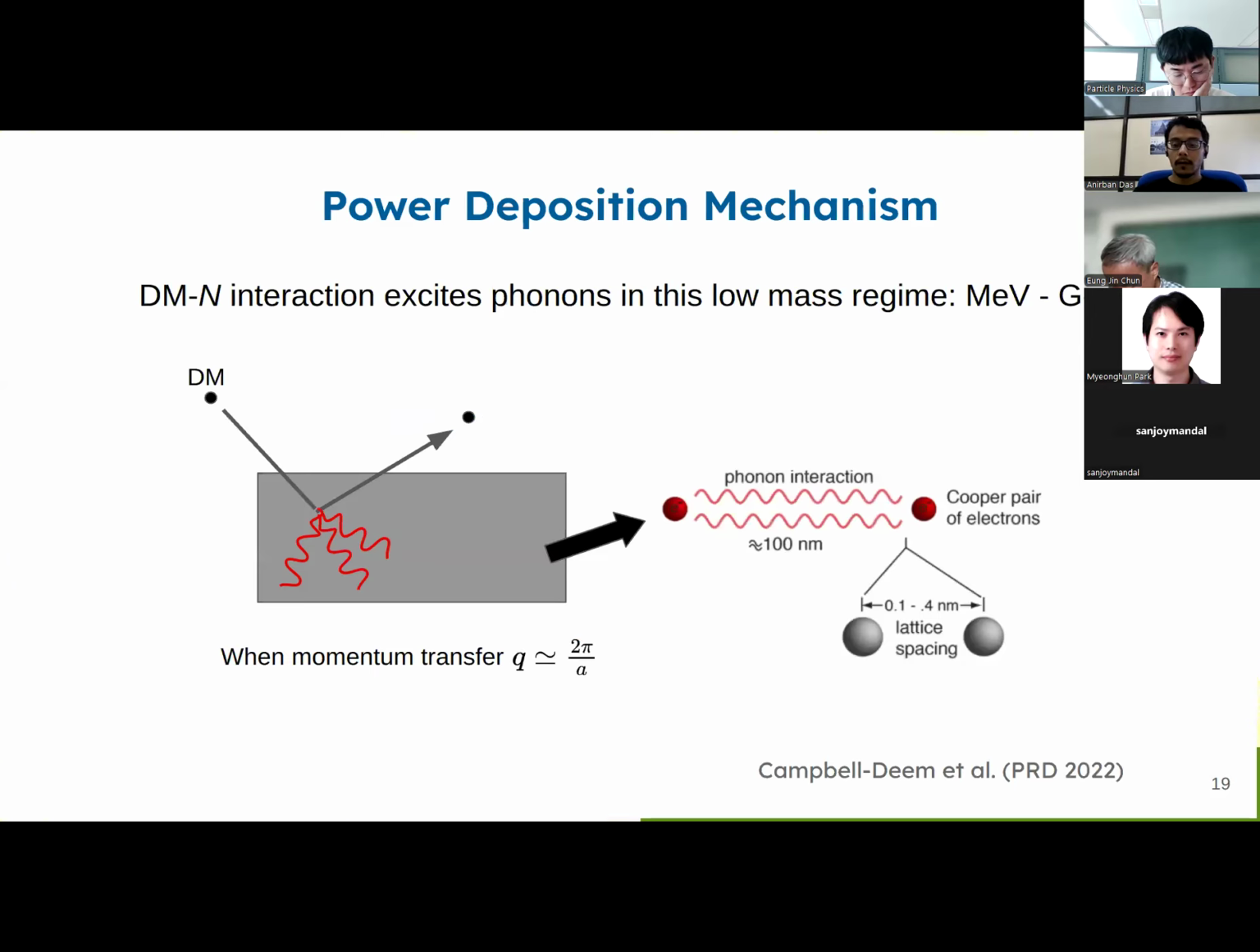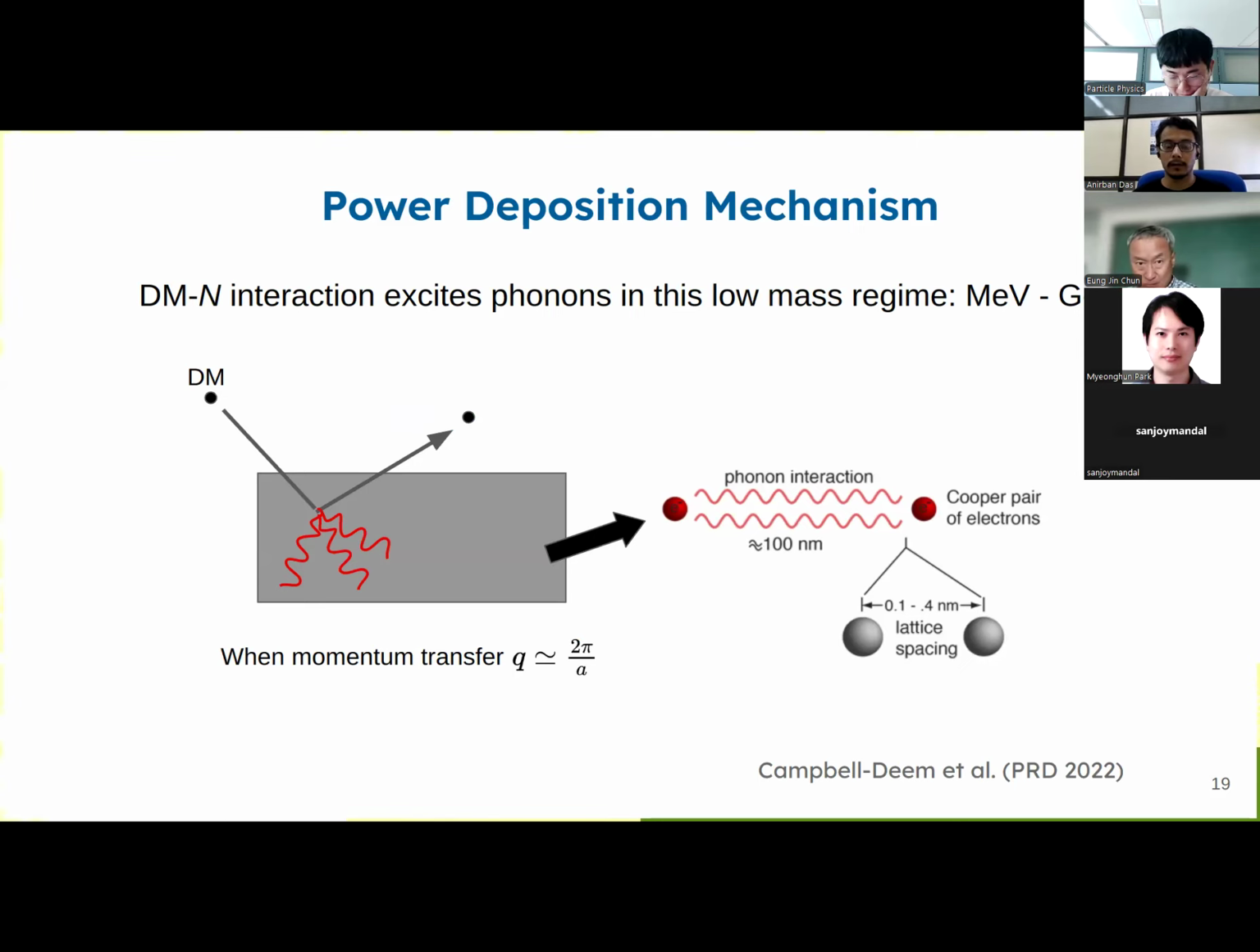Right. Now let's get to the details. As I said, phonon excitation is one of the ways to detect light dark matter. And here's just a bit more idea of how that works. And we are going to use superconductor